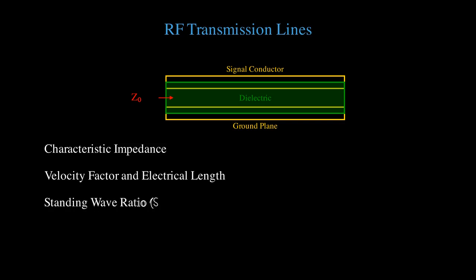When a transmission line is not properly terminated with its characteristic impedance, reflections occur. These create standing waves, points where voltage and current are maximum and minimum. The standing wave ratio quantifies this mismatch and indicates how much power is being reflected rather than delivered to the